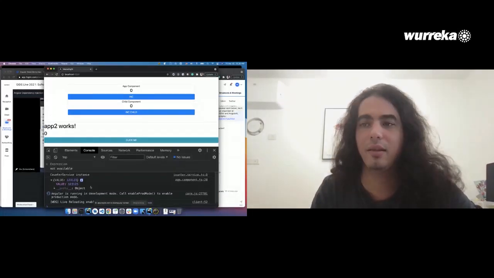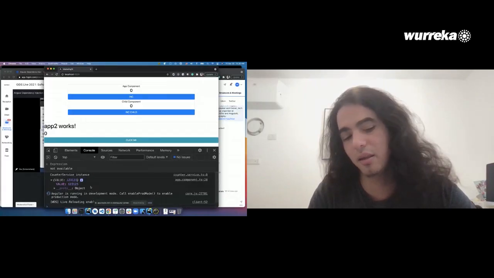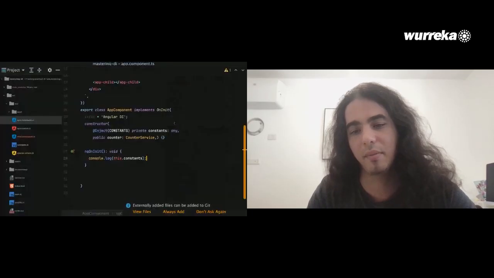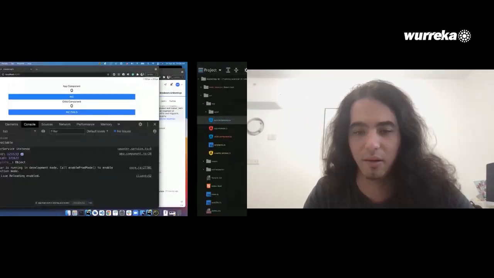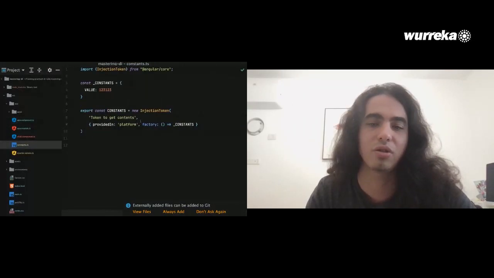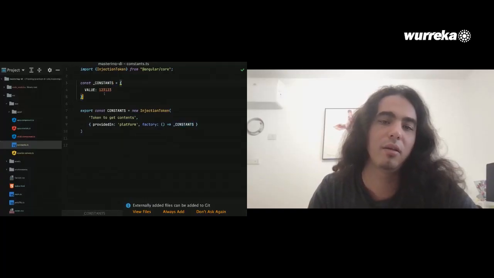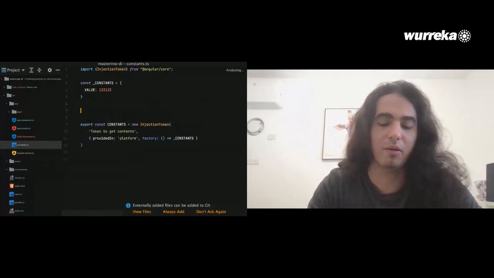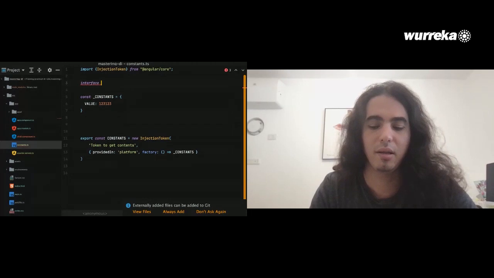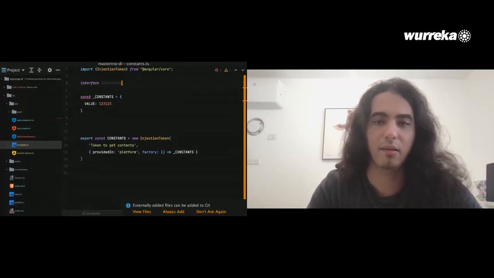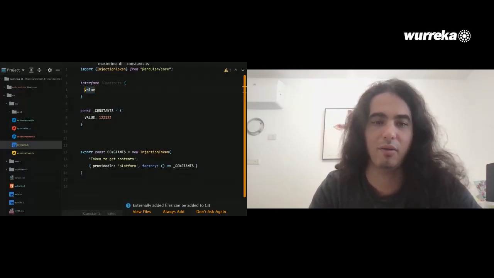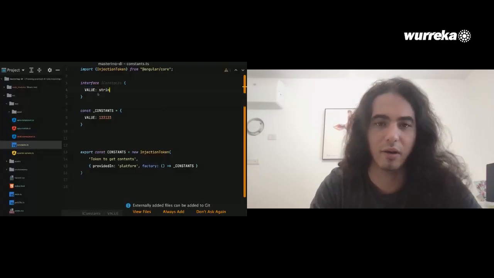The only thing that I found a little bit annoying here is that I can't give the type. I mean, technically, because you see the constants and using an injection token, I created this injection token passing an object. Well, technically that's not true because I can also create an interface. So I'm going to have some kind of type. Let's call it IConstants. So technically I can say I'm going to have a value here, and it's going to be a string,